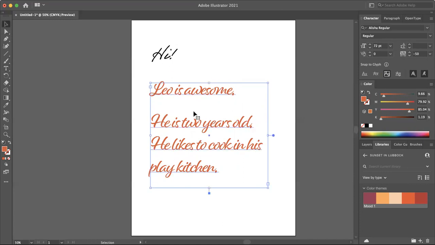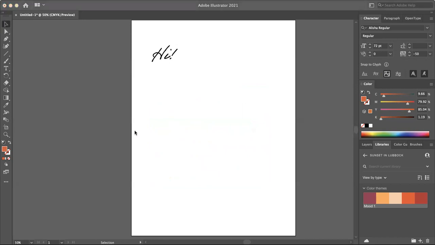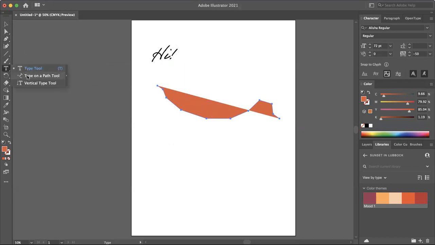The last thing I wanted to show y'all is how to actually type on a path. Okay. So if we come over here, we can use our curvature tool, our pen tool, any of these. Y'all don't use these yet, but we will fairly soon here. I think next week is when we go over this. And this is how you can like freehand draw tools. And you just press delete to get out of that. But don't worry about the color or anything like that. We're just using it to set up a path.